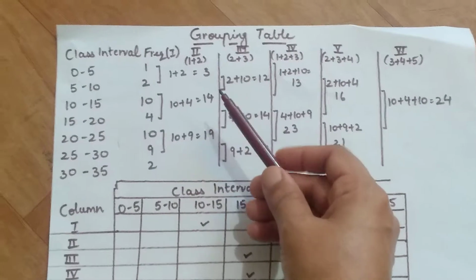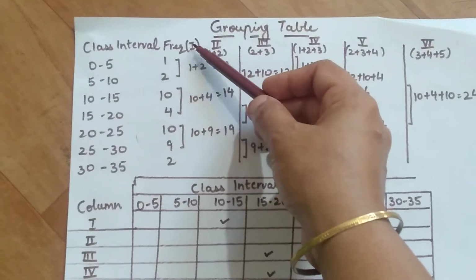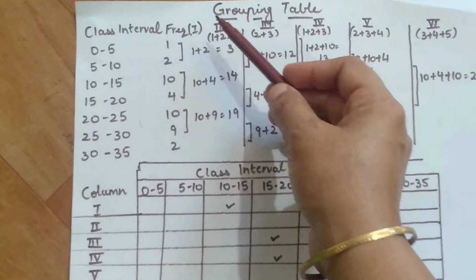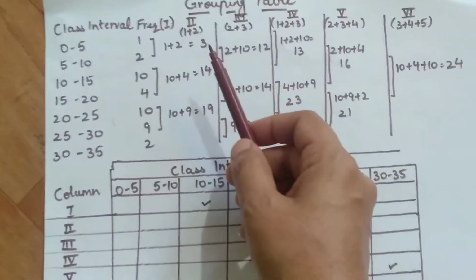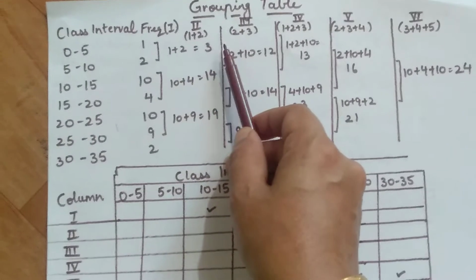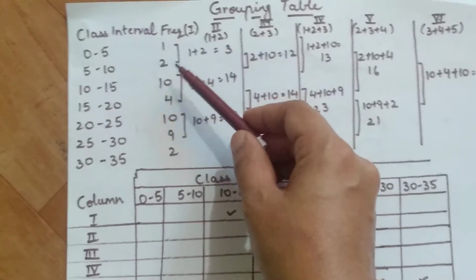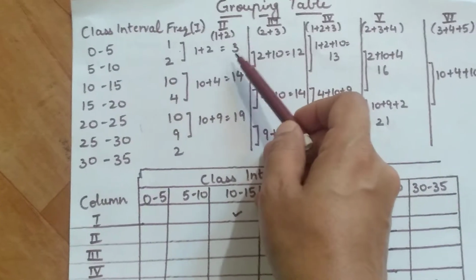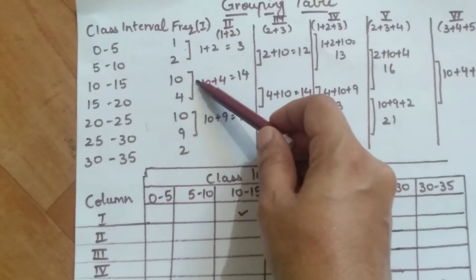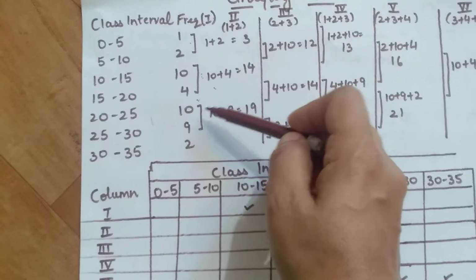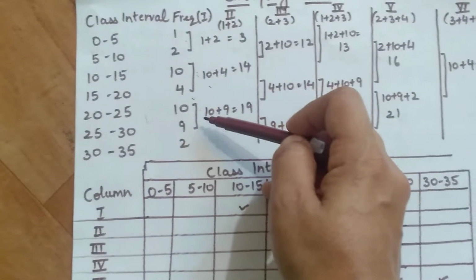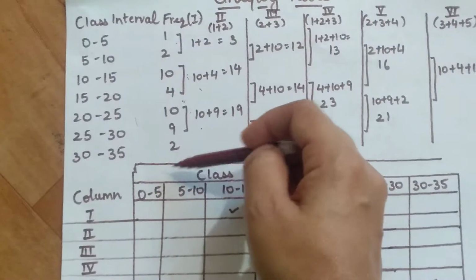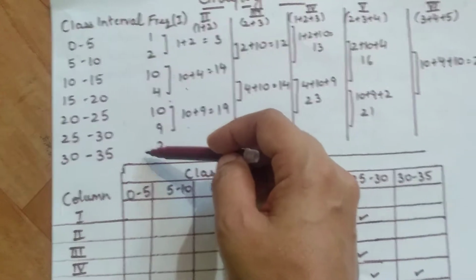The first step we have to follow is, firstly we have to put it as the first column, the frequency which is given to us. Then the second column, what we have to do? We have to do the grouping of first and second frequency, like I have made the arrows. When we add 1 plus 2, it's 3. Similarly, 3 plus 4, 10 plus 4, it's 14. Then fifth plus sixth item, that is 10 plus 9 is equal to 19. So this one is alone, so we will not be taking it into consideration.